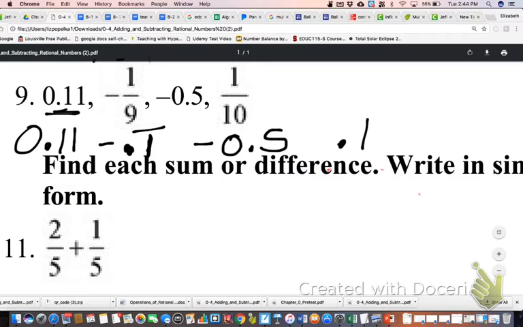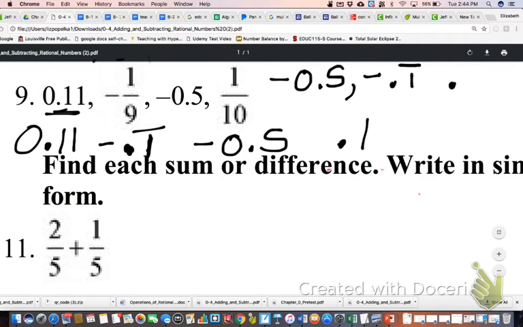So if I'm writing these in order from least to greatest, the smallest one is actually going to be -0.5. Then the next smallest is going to be the -0.1 repeating, followed by the next smallest, which will be